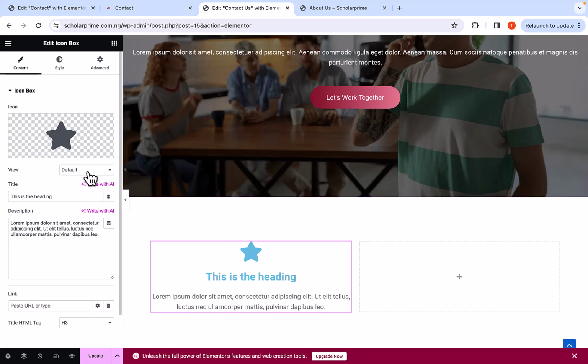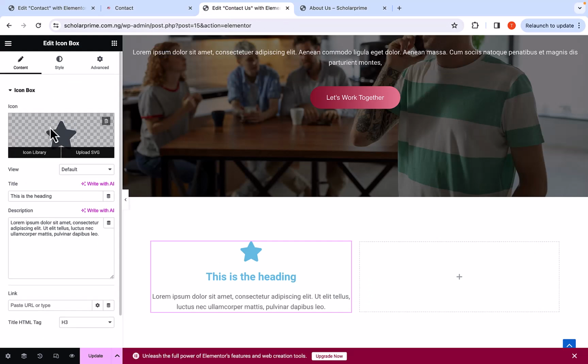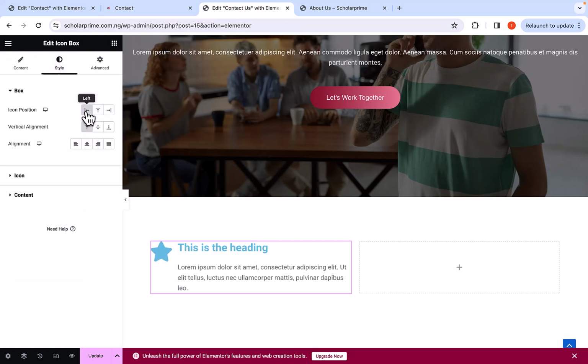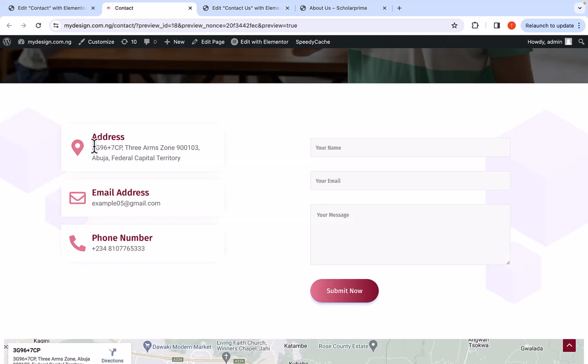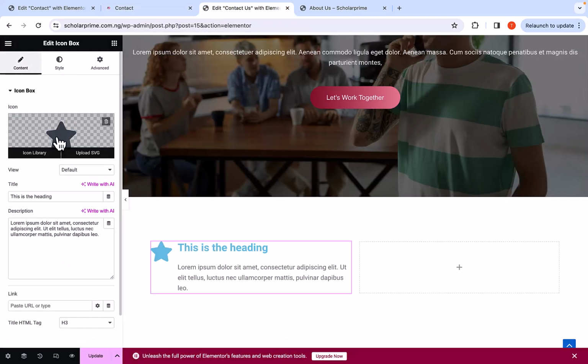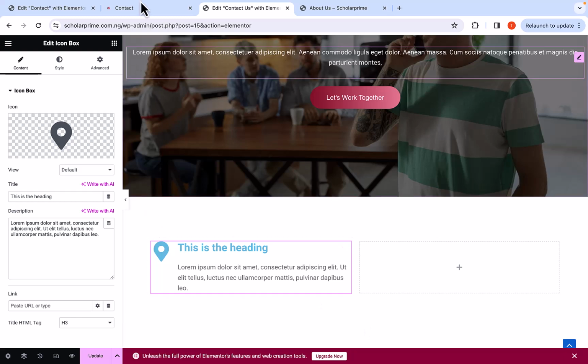So what I'm going to do, I will come over here. Let's see what we have here first. Alright. So I will come over to style. I'm going to change it to be like this. So here I have email, address, and then this icon. I will just come over here to icon. Here I'm going to change this to map. I'm going to select this guy here. I'm going to insert. Then what we have here is